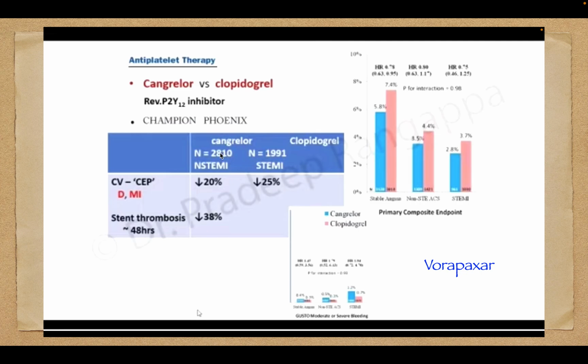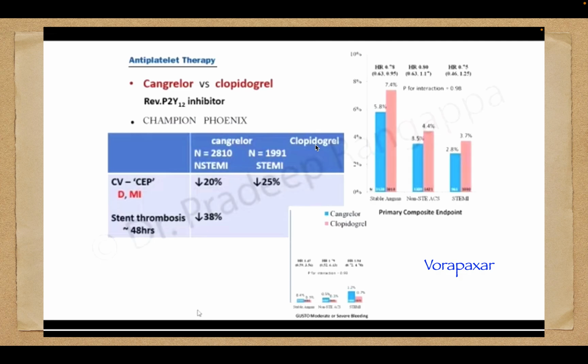The other very famous antiplatelet agent is clopidogrel, and a newer antiplatelet agent by the name of Vorapaxar has been introduced, but at least I don't have any personal experience with the use of this agent,